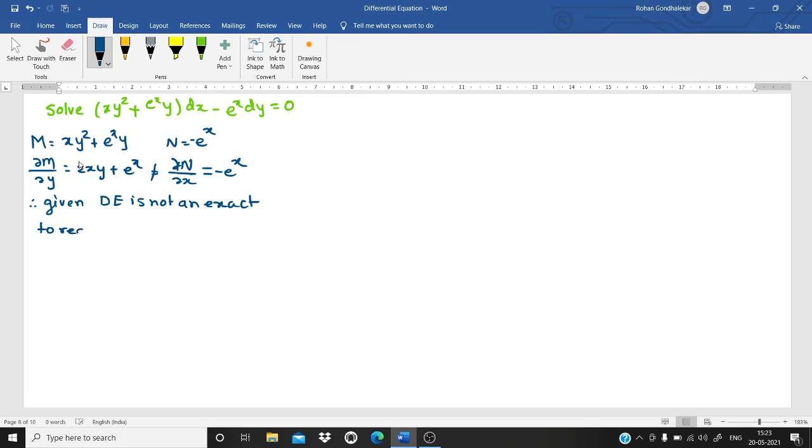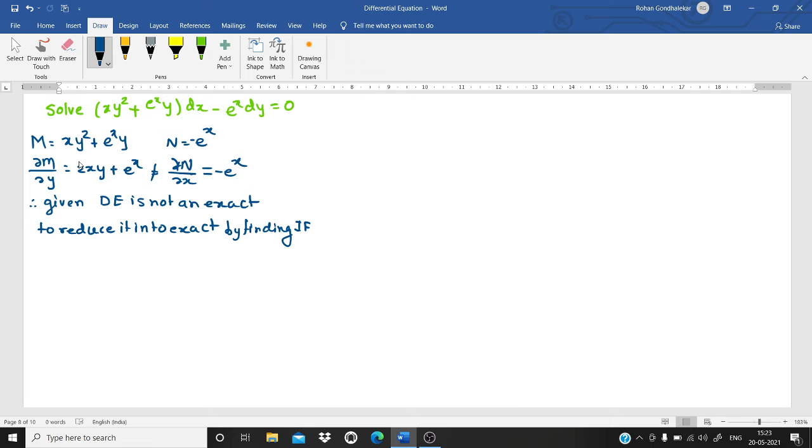So to reduce it into exact, मग आता आपण त्याला रिड्यूस करूया कशामध्ये? एक्झॅक्ट डिफरन्शियल इक्वेशन. कसा करणार? बाय फाइंडिंग what? Integrating factor. Is it? So what are the different methods you have? The first method, is your differential equation exact? Your differential equation is homogeneous? If yes, then check mx plus ny. If it is non-zero, then you can declare an integrating factor 1 upon mx plus ny.